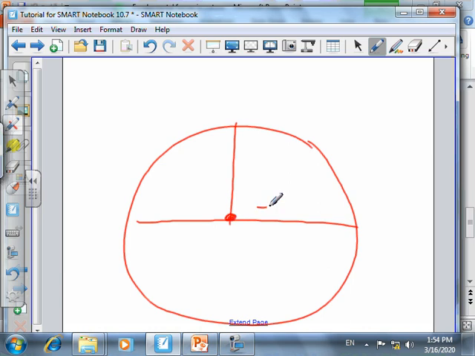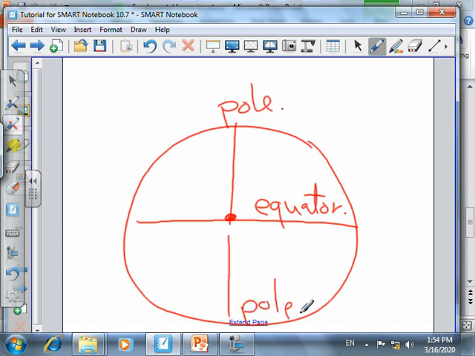and the two poles? Here we have the equator. And what about the two poles? Here we have a pole, and here we have the other pole. Of course, due to the non-spherical shape of the Earth, there is a difference between the weight or the gravitational force at the equator and at the two poles as well.